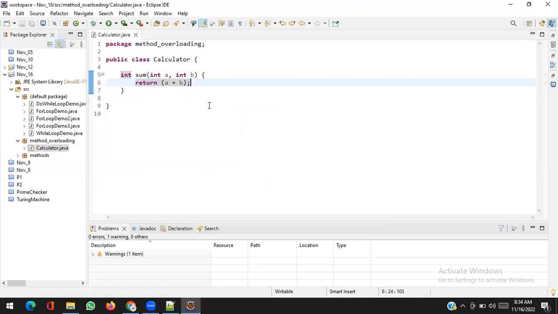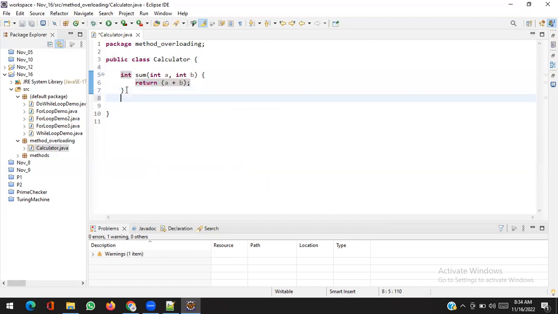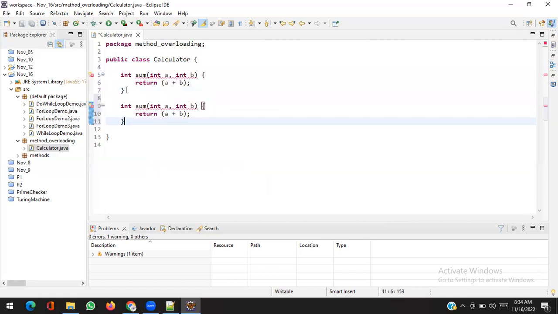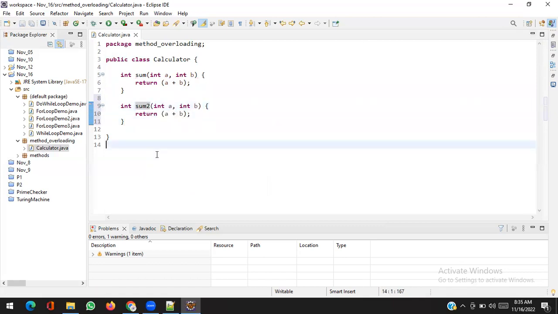Okay, if I want to declare the same method, it will be an error. Why error? The compiler won't allow duplicate methods. Can I change the name? Yes, you can change the name. That is one option, but it's not a good idea, because